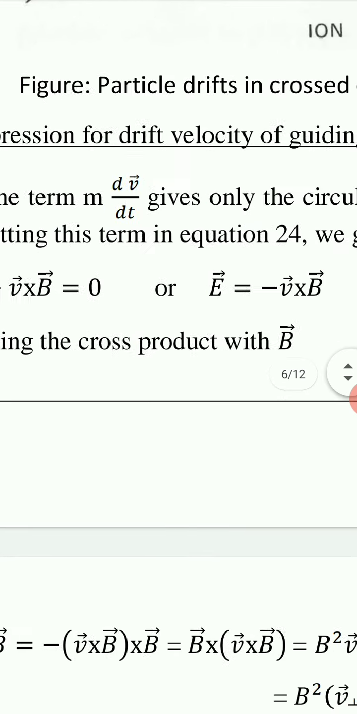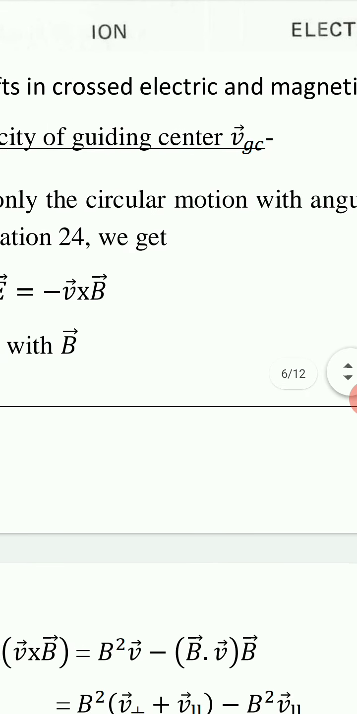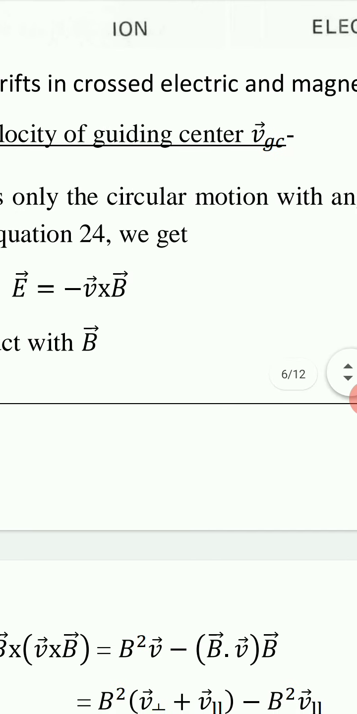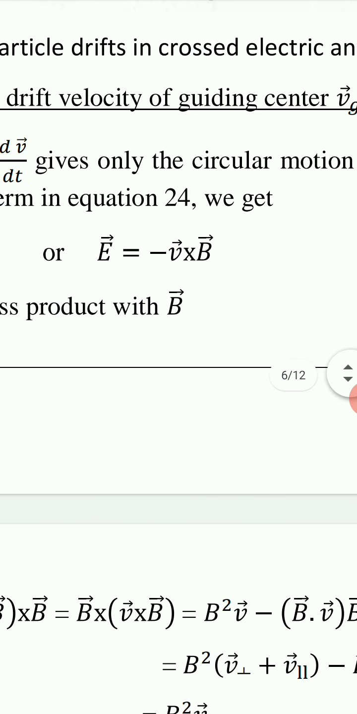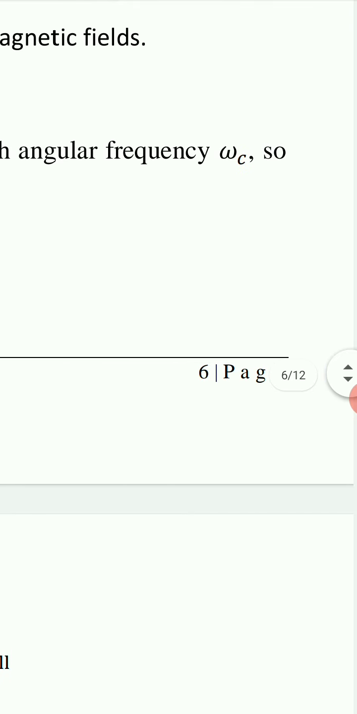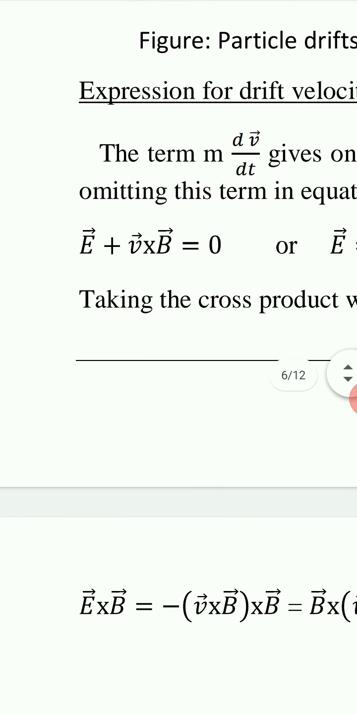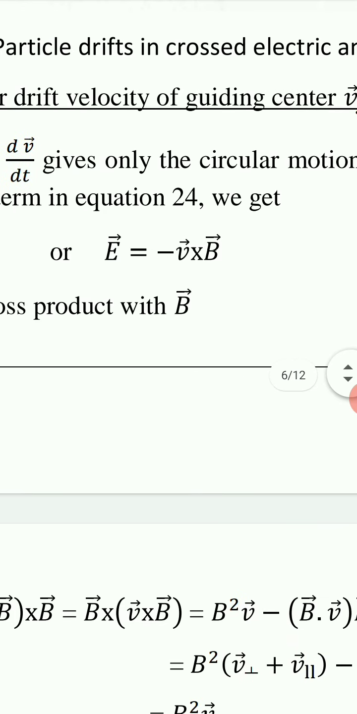Expression for drift velocity of guiding center, VGC. Velocity of guiding center we write as VGC, GC is for guiding center. Now the guiding center is also moving due to the presence of electric field. So we want to find the velocity of this guiding center VGC. The term m dv upon dt gives only the circular motion with angular frequency omega c. So omitting this term in equation 24, we get